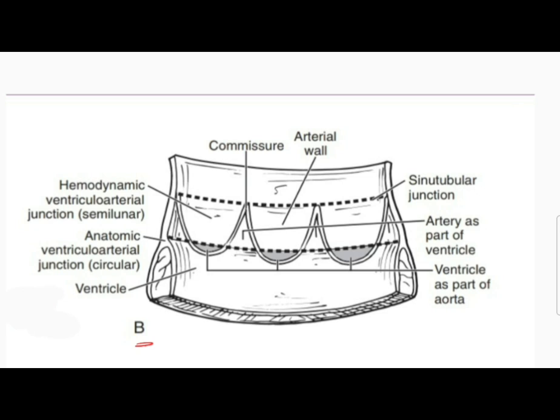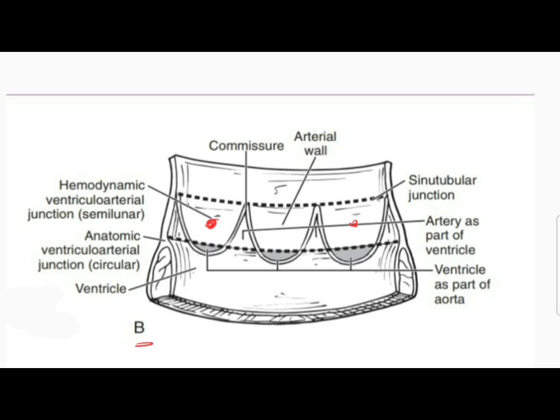The first hemodynamic ventricular-arterial junction is here, and at the hemodynamic junction we have the ostia, the right and left coronary ostium,